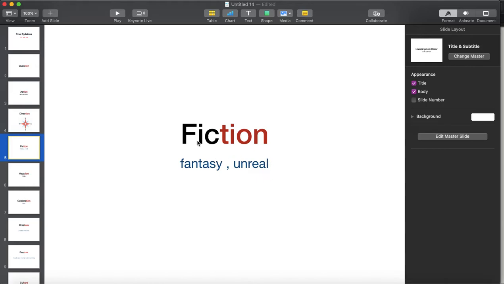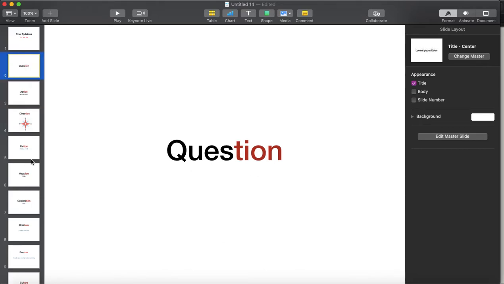Fiction. We took this word a million times. Do you remember the genres of the story? It's fiction, it's fantasy, it's unreal, it has a lot of exaggeration. So this is called fiction. The final syllable here is shin. Fiction, direction, action, question, and